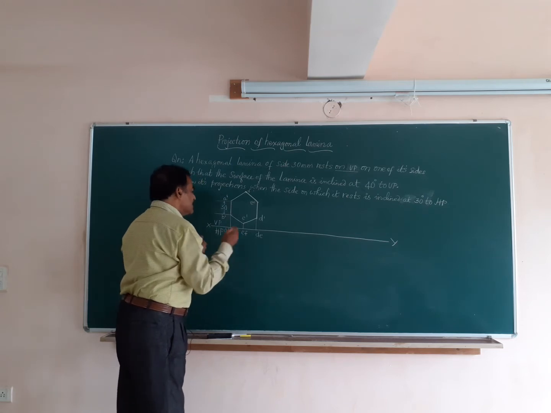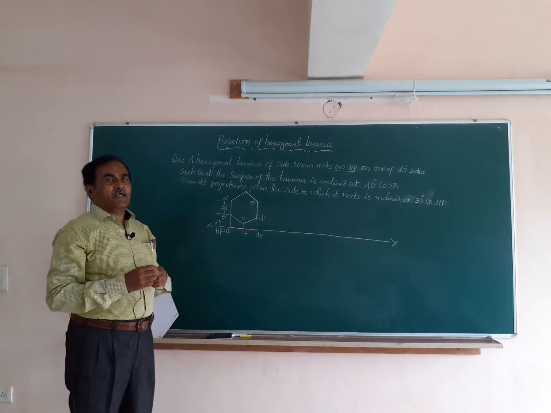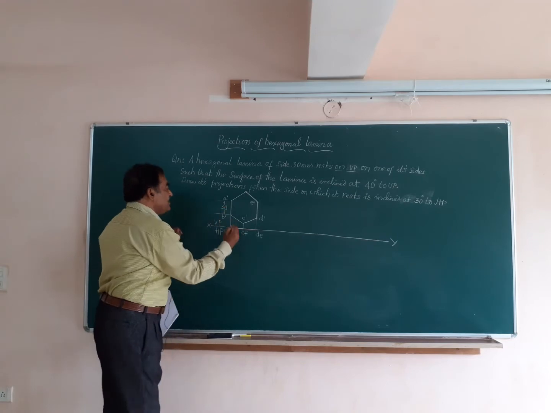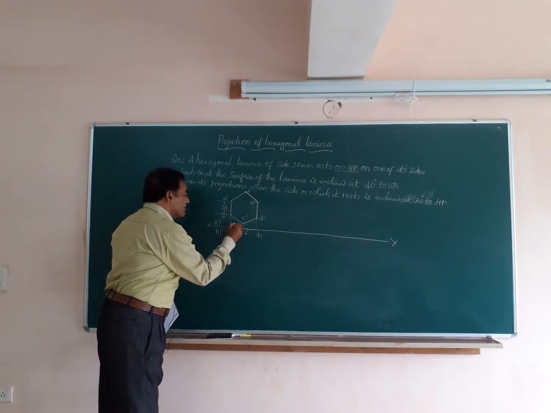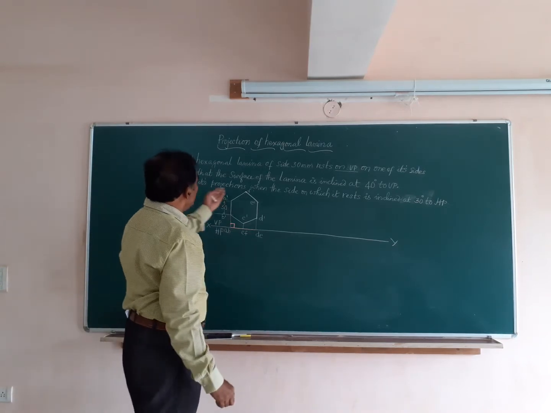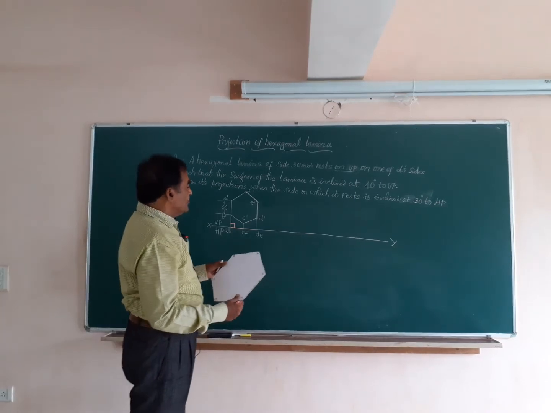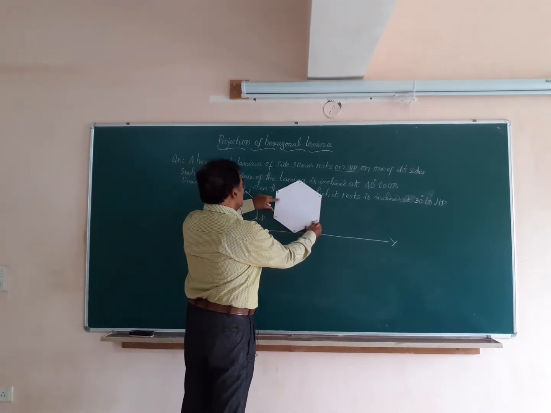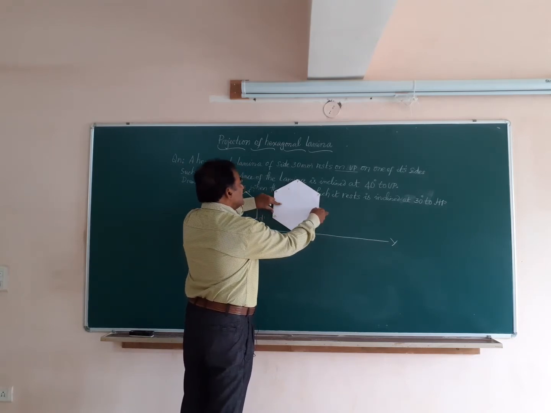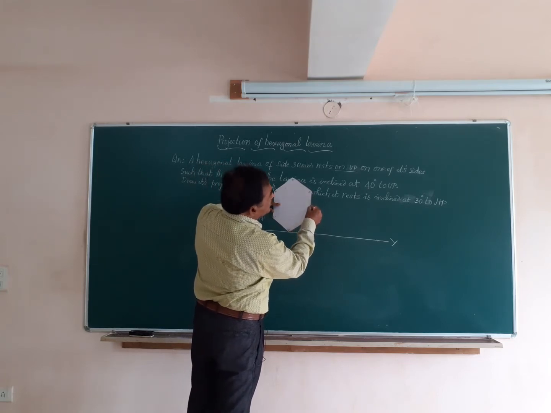So this horizontal line on XY represents the top view of the lamina when the lamina is on VP with one of the sides AB normal to HP or perpendicular to HP. Friends, it says in the question that the surface of the lamina is inclined at an angle of 40 degrees to VP. Friends, you had this: the angle made by the surface was 0 with the wall. Now it says it is inclined at an angle of theta, that is phi equal to 40 degrees.